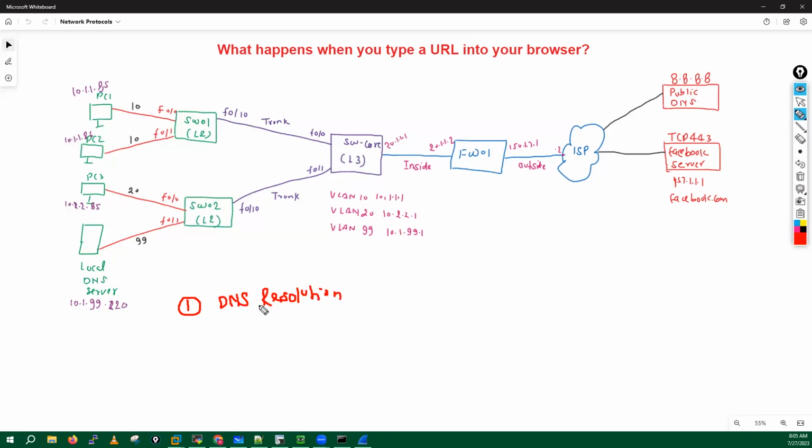What it will do, the DNS resolution, and I think I have already explained this DNS-related information in one of my lectures, right? So in DNS resolution, let me just give you a brief about it. Because we have typed facebook.com into the browser, my PC will try to find the IP address, and the very first thing it will check is your browser cache,